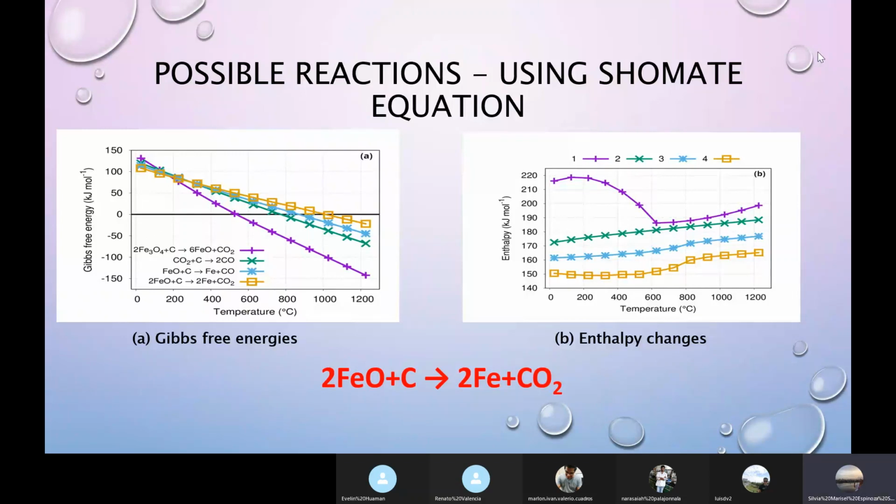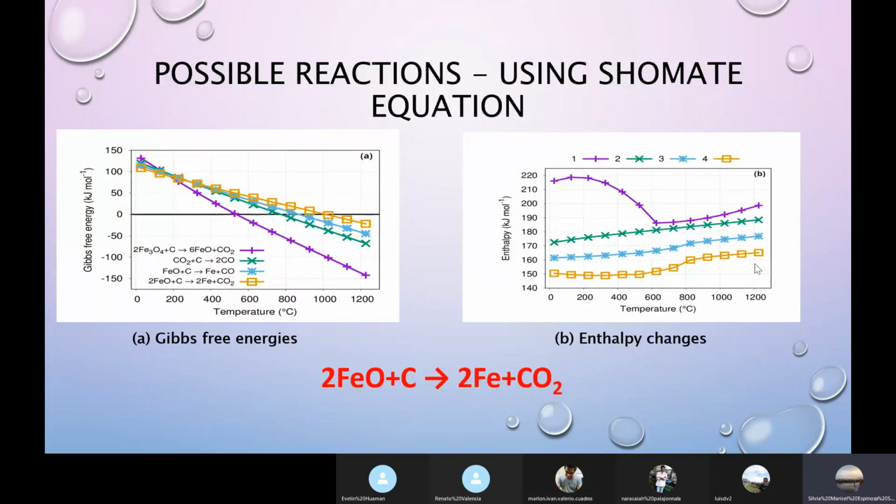It is observed in this graphic: the yellow above 1000 is spontaneous. That reaction is endothermic, and therefore it will correspond to the second endothermic peak of the DSC curve,